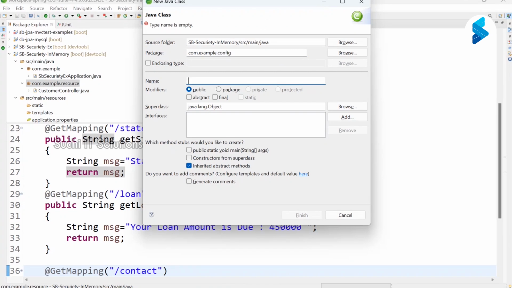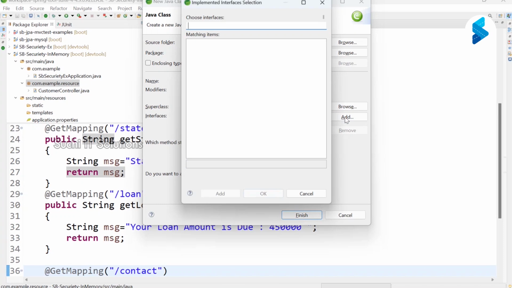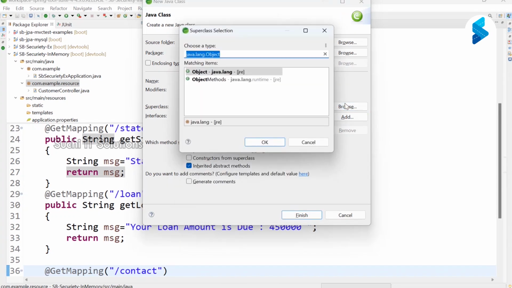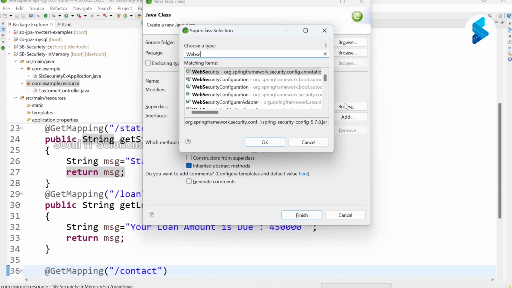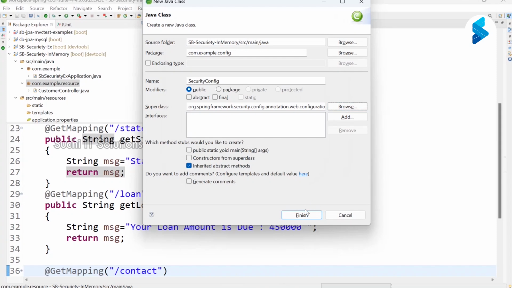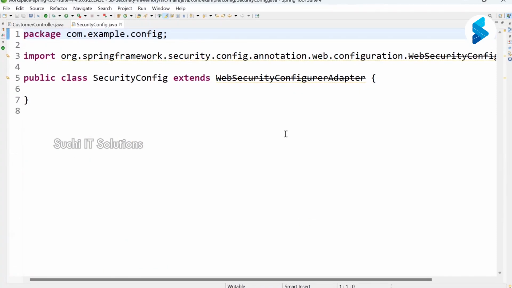com.example.config, then SecurityConfig. Right, guys? Let me practice here, extending WebSecurityConfigurerAdapter. Observe, I haven't changed anything, I'm doing the same. Got it? Like this.